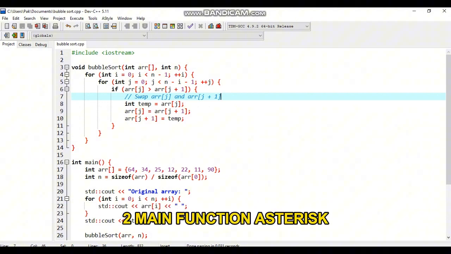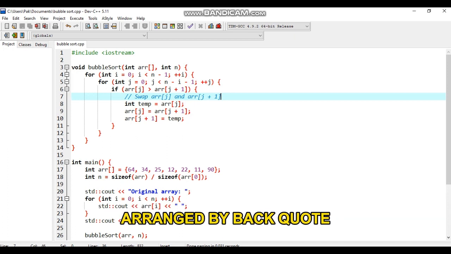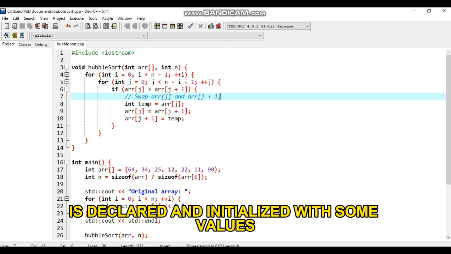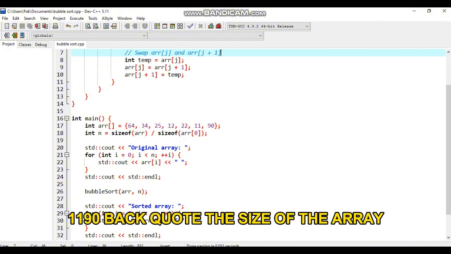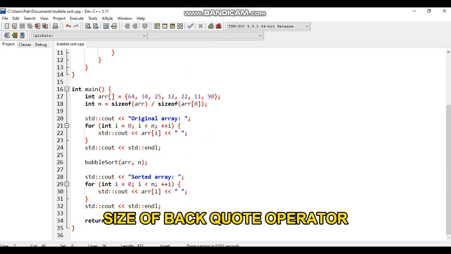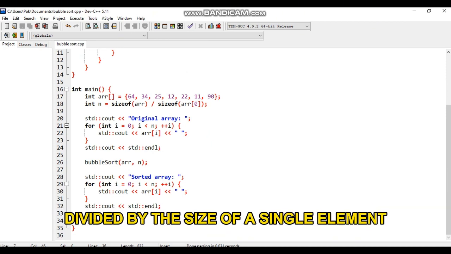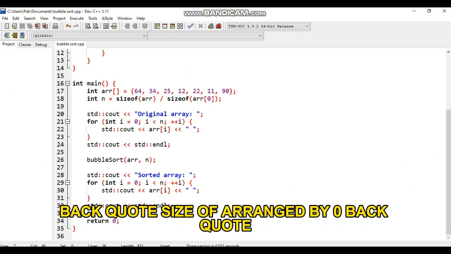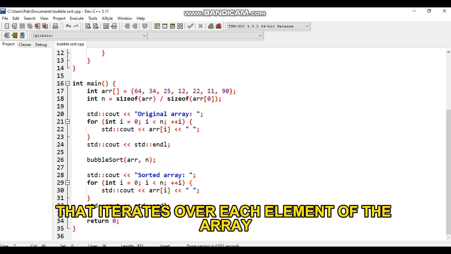2. Main function. In the main function, an integer array arr is declared and initialized with some values: 64, 34, 25, 12, 22, 11, 90. The size of the array, n, is calculated using the sizeof operator, which determines the total number of bytes occupied by the array divided by the size of a single element, sizeof(arr[0]). The original array is printed using a loop that iterates over each element of the array